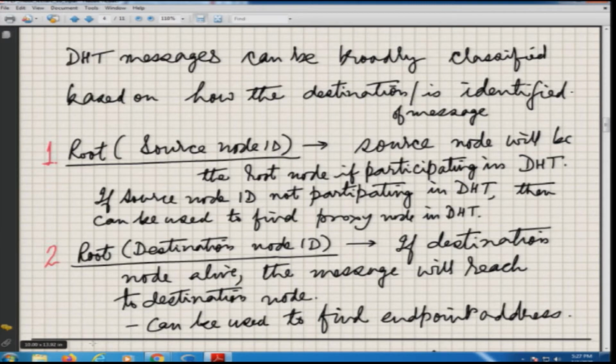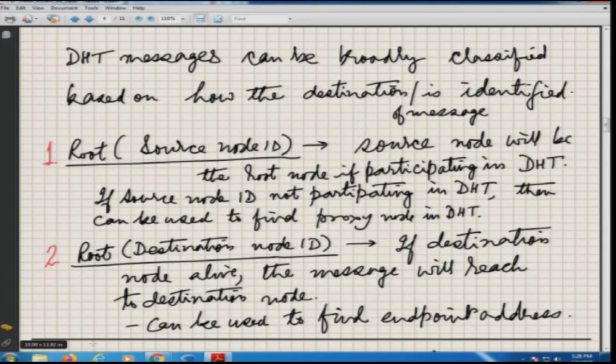So, this kind of message will not actually be used in that case. But if the source node is not participating in the DHT and is going to fire a query or any kind of message to a destination, it will go to the root of this source node ID. In the DHT, whichever node ID is closest to it, the message will go to that node, and we call it a proxy node of the DHT.